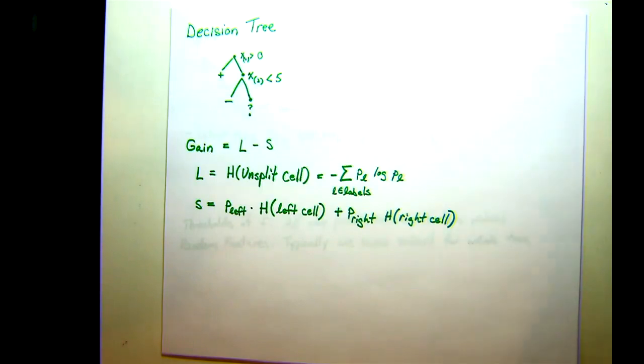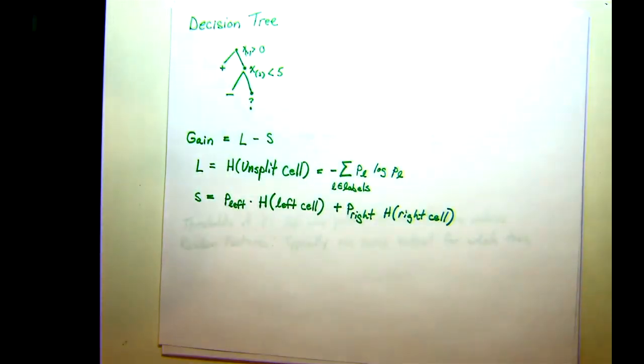We started talking about how we're going to grow these trees. Basically, we're going to do it recursively. We're going to start at some root node using all of the data we have, and then we keep applying the same procedure to each node to split it until we decide to stop. We detailed reasons to stop last class. I'm not going to go into those again,